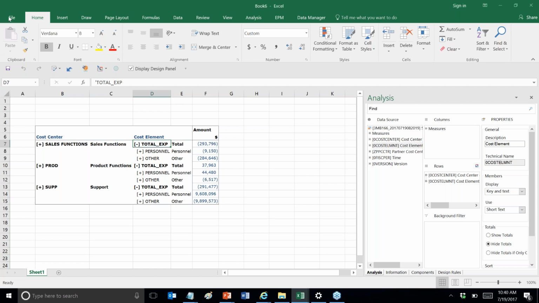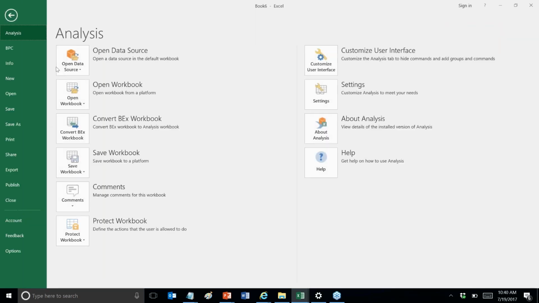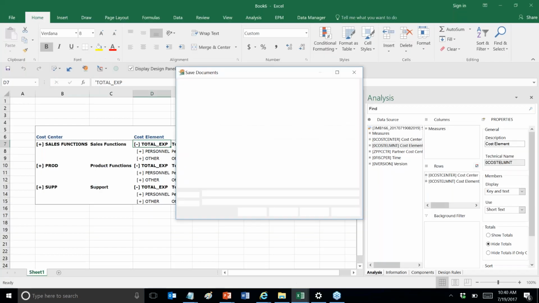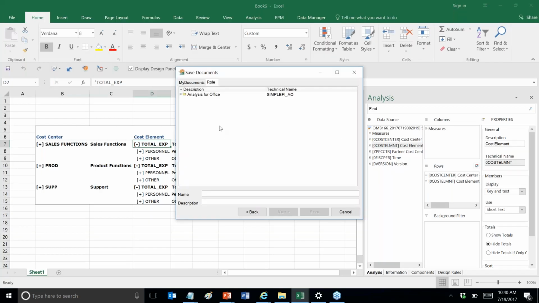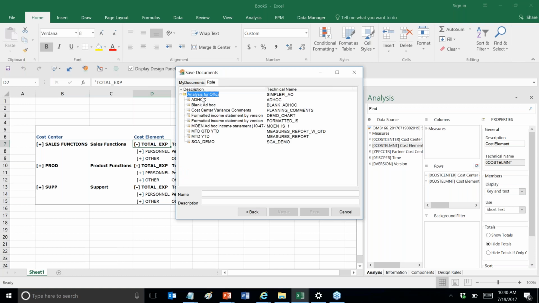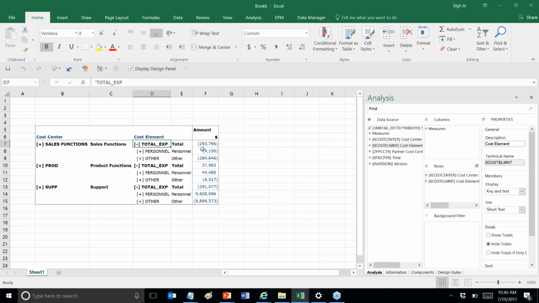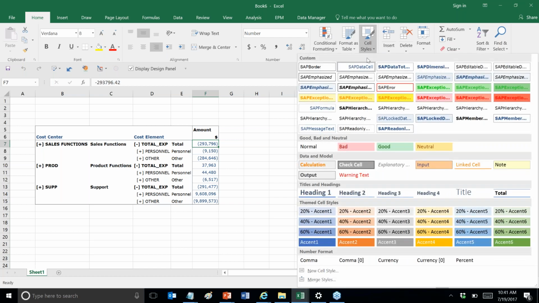So once I'm done with this, I can go and save this workbook using the Analysis tab, and click on Save Workbook, and I can save this out to our centrally held folder where everyone can access it. So I've got my Analysis for Office folder with some of these different reports that we've been showing in here. In addition to that, if we have different style templates, so when you create these cell styles,